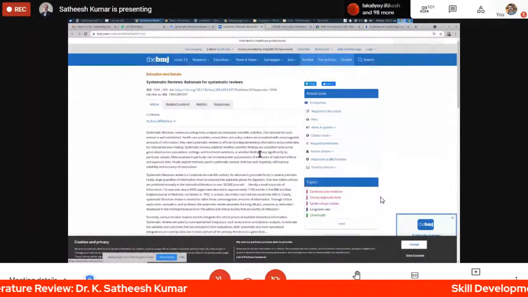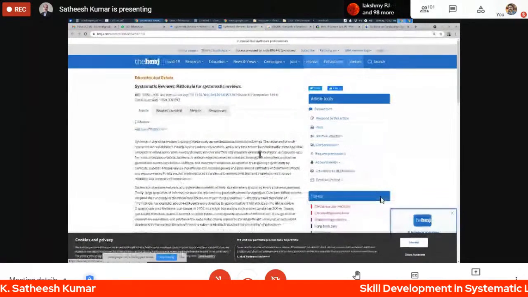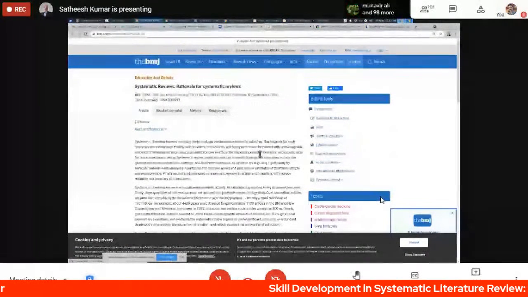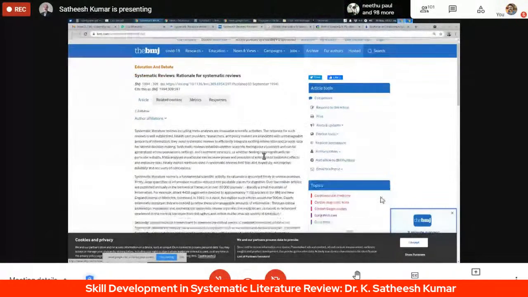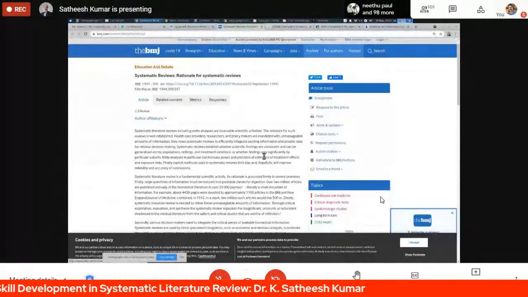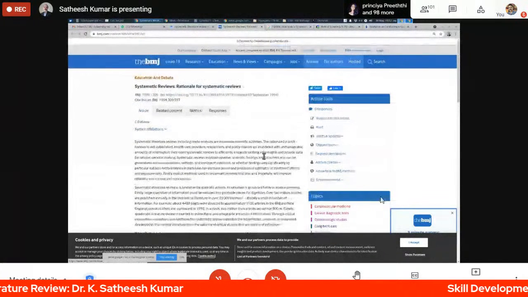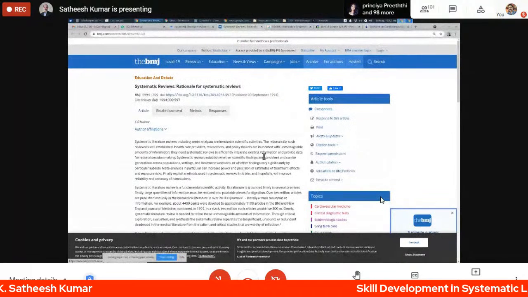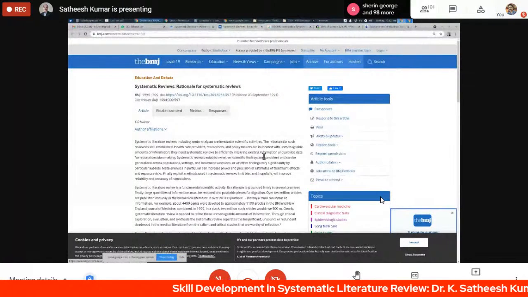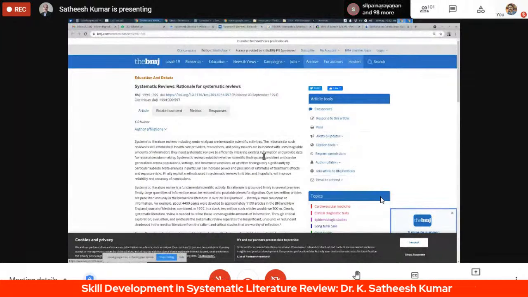Why should you do it systematically? Why is it called systematic? I mean, why is the other usual review not systematic? I'll come to that, this kind of thing. And there are methods. As a research student, you have to, and I'm mainly addressing the students, especially the freshers, the one problem with all the research scholars is that it is